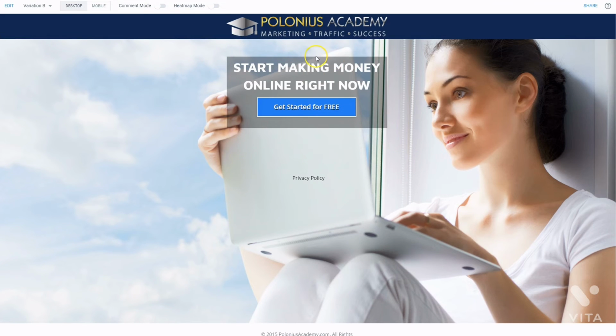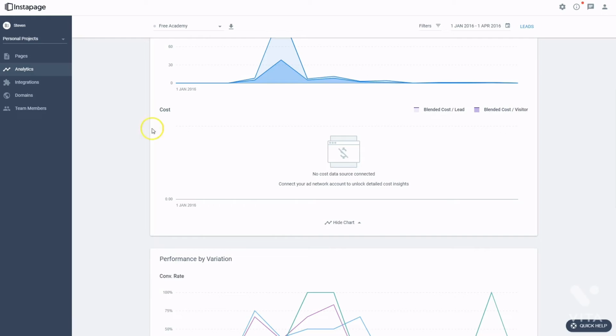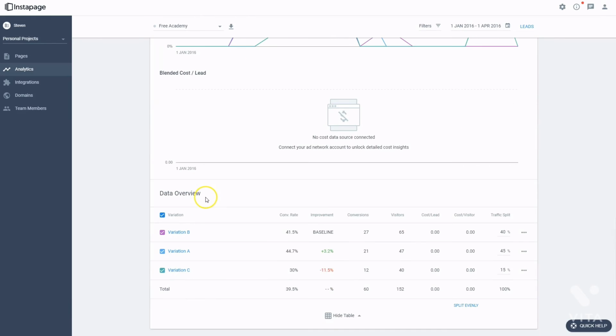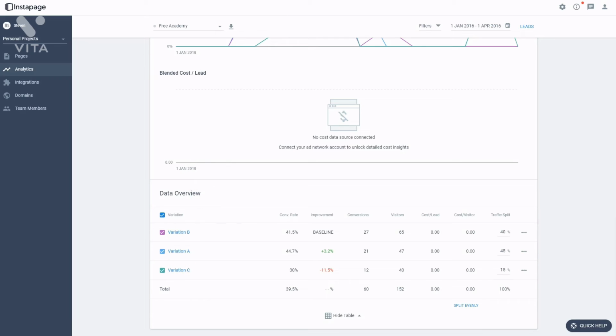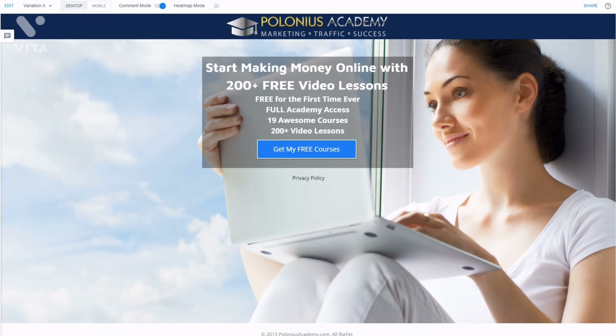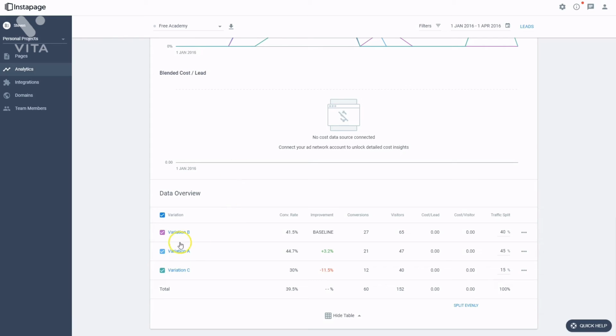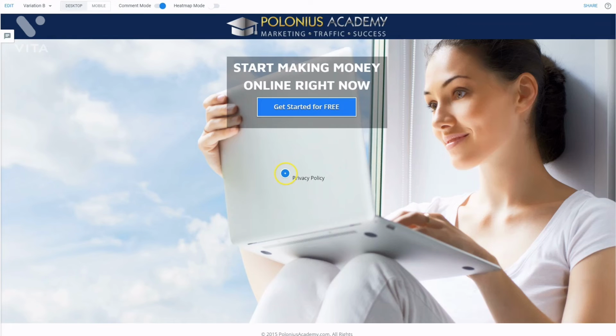So this was the original, and then it was split tested against a couple of other variants. And let's have a look here. So variation, let's see here. Let's make sure I got that right. They're out of order in that line there. Okay, that's the original. That makes more sense. So this is the original, and it has a little bit of information about the product. Variation B presumably was the blind one. Yep. And variation C